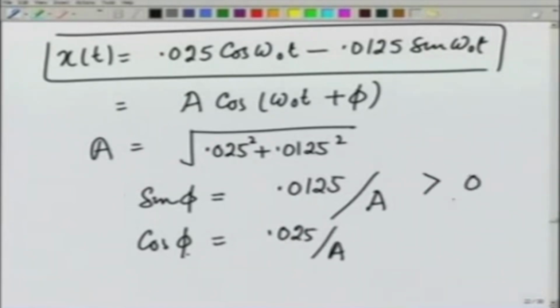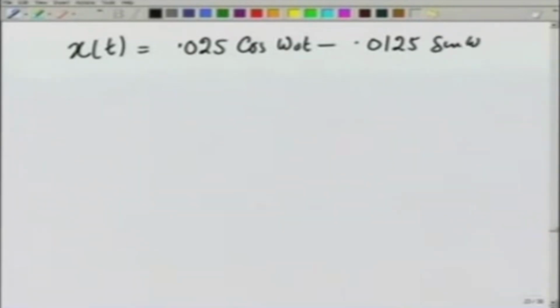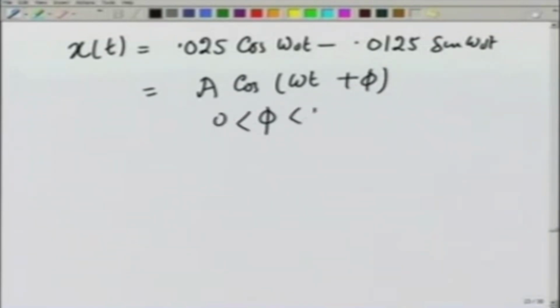Both are greater than 0, and this tells me that whatever the value, phi is between 0 and pi by 2. And therefore, if I plot this function, x(t) is equal to 0.025 cosine of omega 0 t minus 0.0125 sine of omega 0 t, which we wrote as some amplitude cosine of omega t plus phi, with phi between 0 and pi by 2,